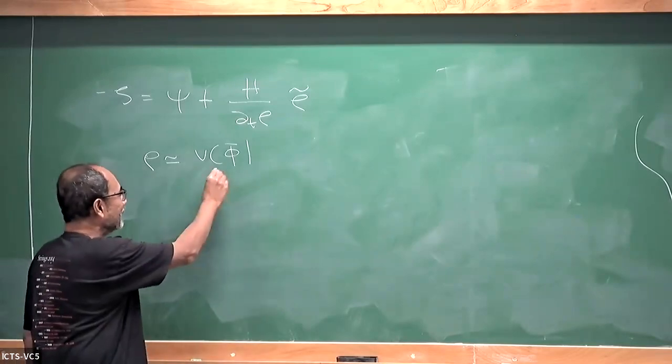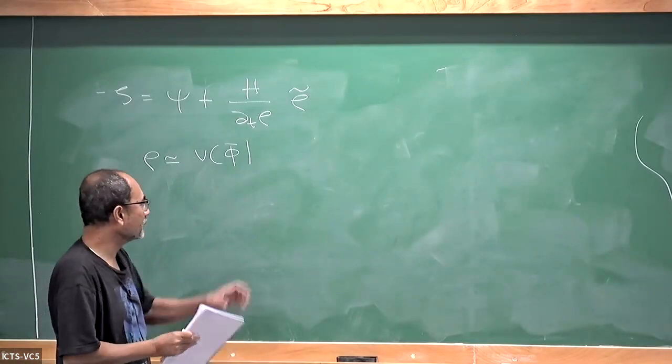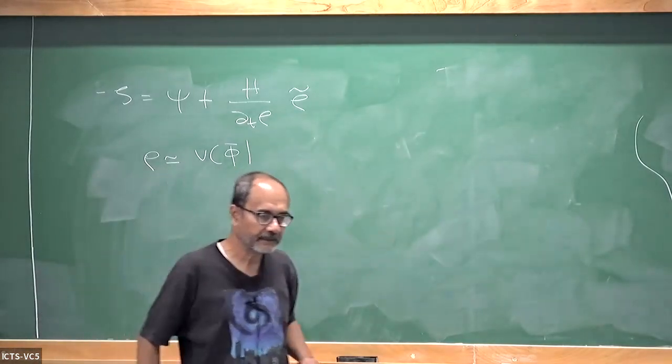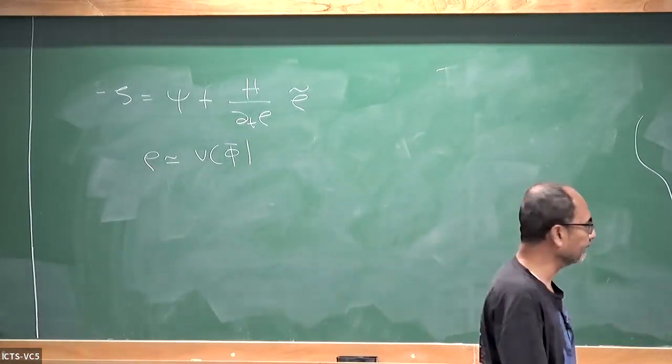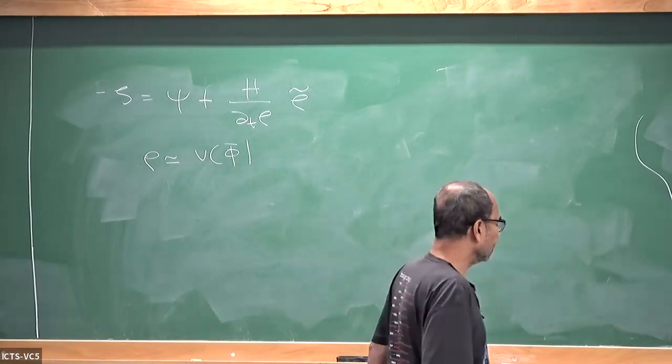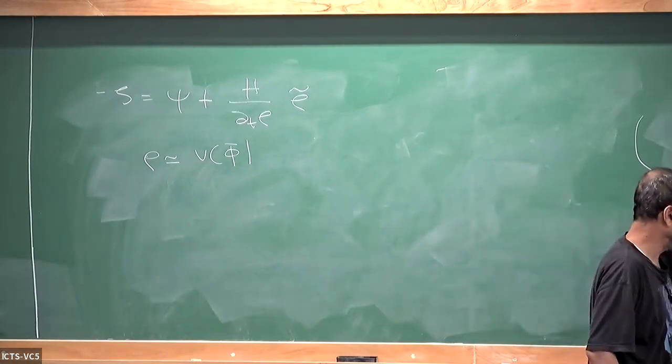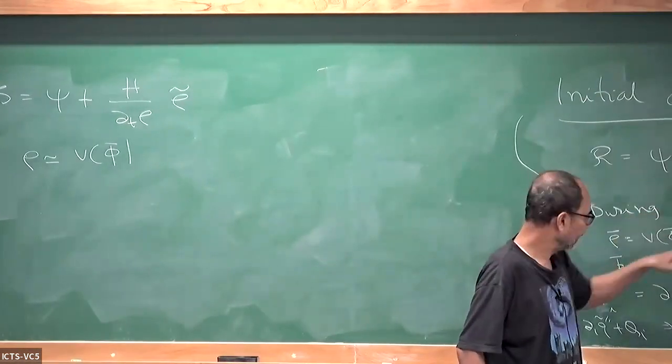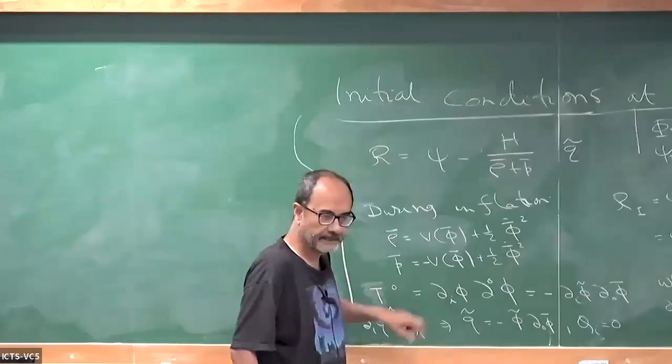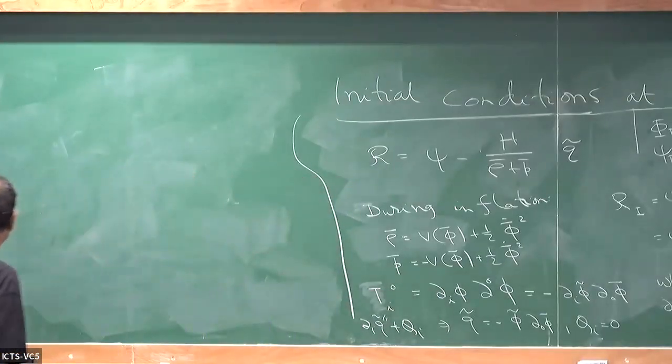So rho is approximately V of phi bar. Then there's of course the phi bar dot square that we use there. But here it's enough to keep the V of phi bar, because you are always keeping the leading term. The reason that you have to keep this is because when you added rho bar and P bar, this leading part got cancelled. Otherwise we can just use this. So then this one is given by V prime of phi bar times phi bar dot